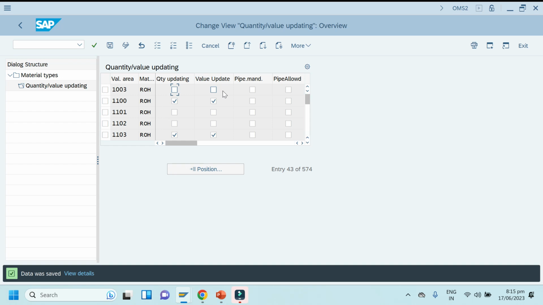that is, account assignment category is mandatory in PR and PO, but after GR material is not allowed into a store,